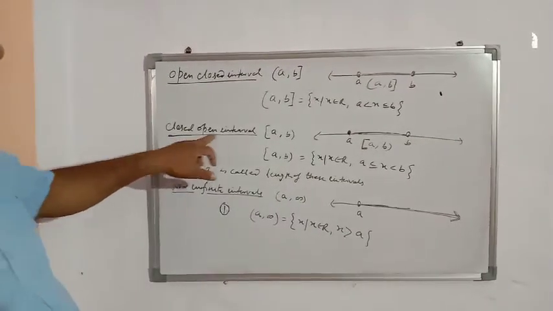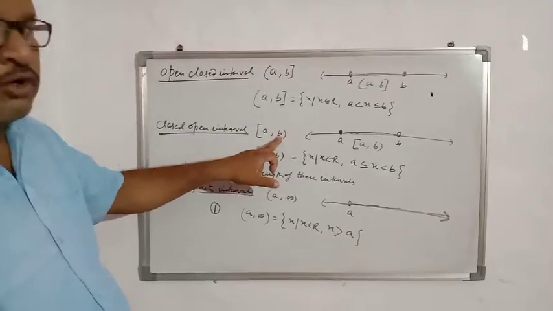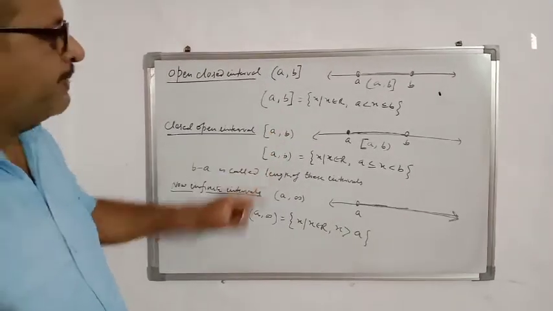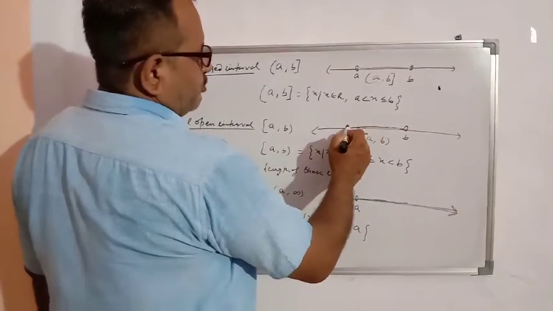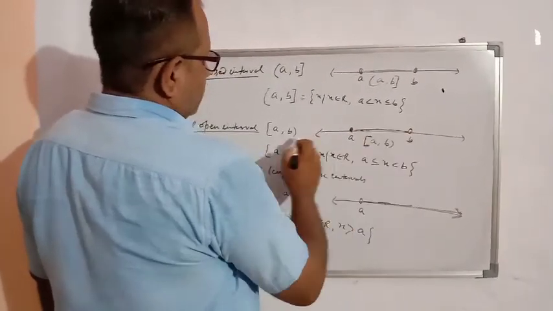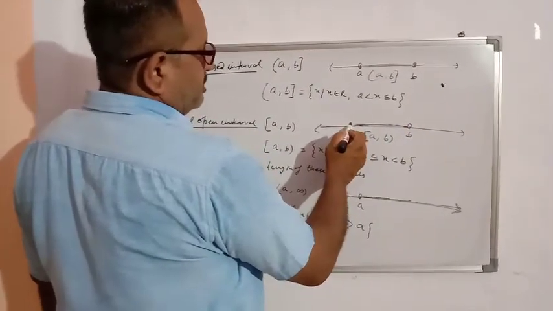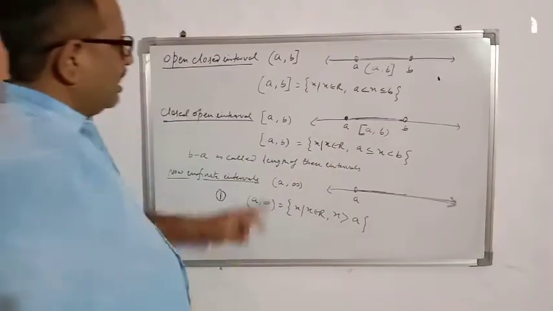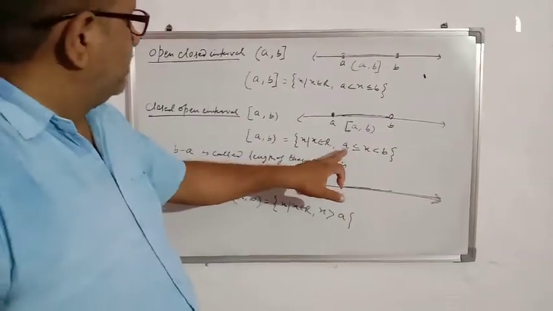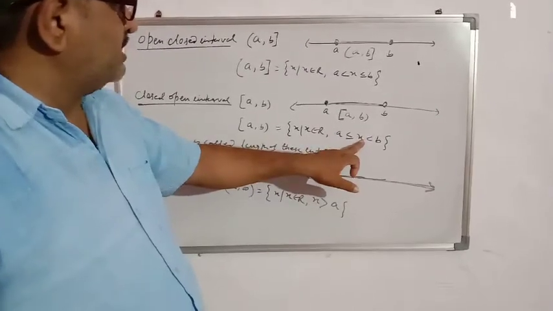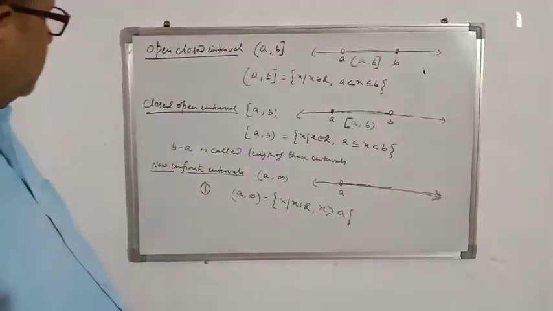Next one, closed open interval. From the side A it is closed, but from the side B it is open. So we will not count B, but we have to take A. See on the number line, this point represents A, this point B. B is not counted, B is not included, so there is a blank circle. A is included, so it is dark circle, AB. How we can write it in the set builder form? X such that x belongs to R, and A less or equal to x. X is equal to A, but x less than B. B is not included in this.